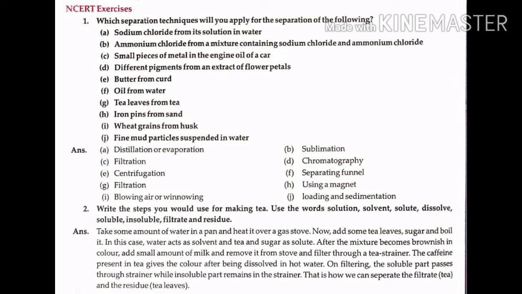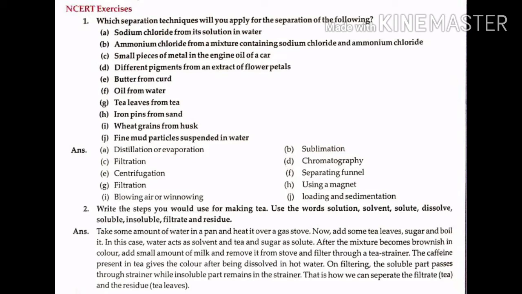Answer. Take some amount of water in a pan and heat it over a gas stove. Now add some tea leaves, sugar and boil it. In this case, water acts as solvent and tea and sugar as solute. After the mixture becomes brownish in color, add a small amount of milk, remove it from the stove and filter through